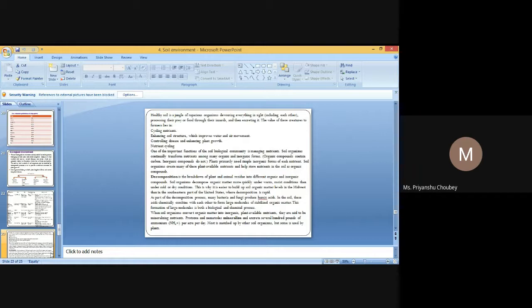Protozoa and nematodes mineralize and activate several hundred pounds of ammonium